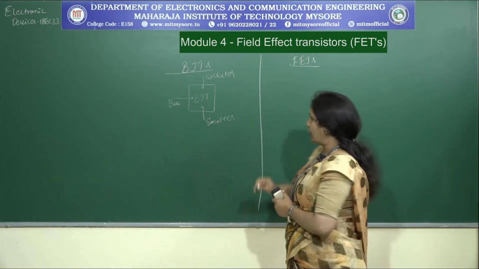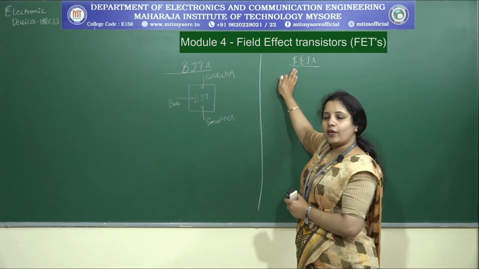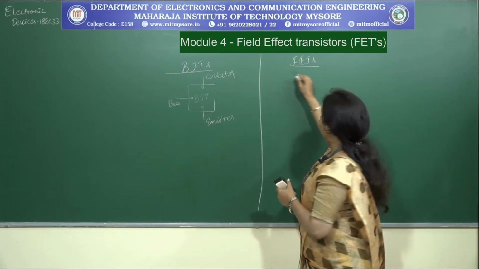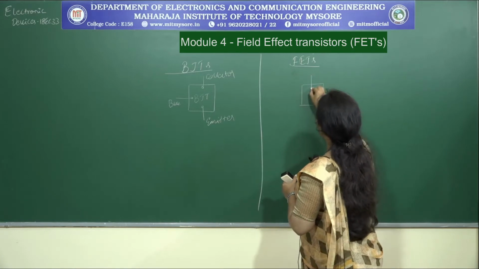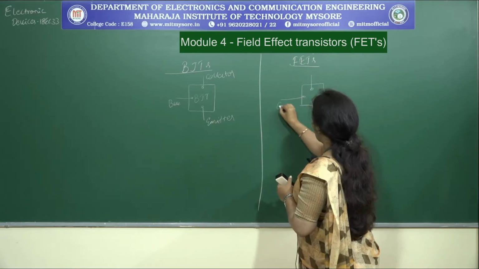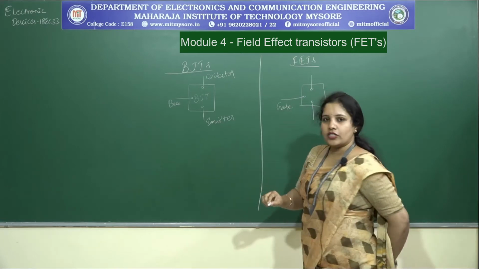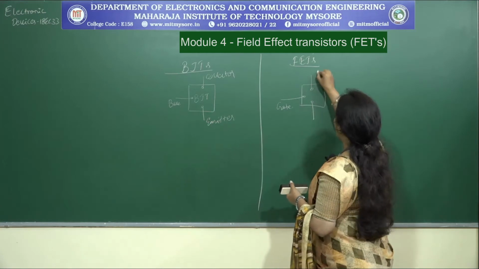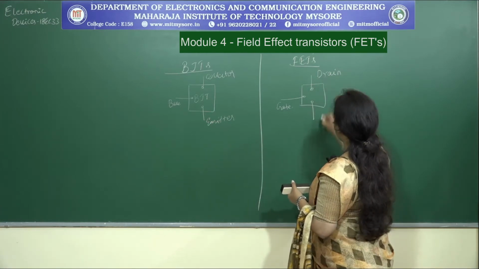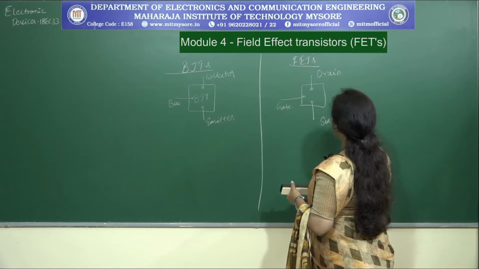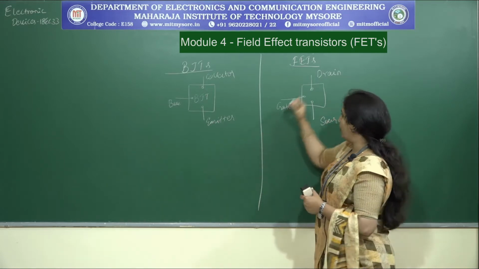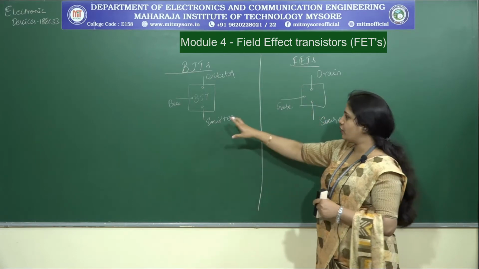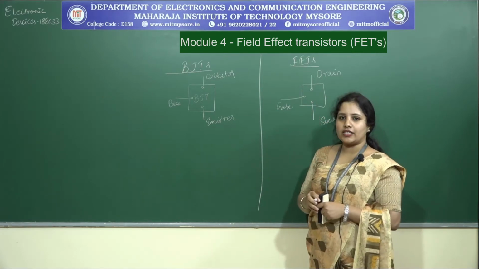Right? Similarly, when I consider FETs, even FETs are referred to as a 3-terminal device. Now, what are the 3 different terminals? One is the gate, which is similar to the base that we have in the case of BJTs. Then we have what is called the drain, and the other is referred to as the source. So these are the 3 terminals in the case of FETs. That is the first basic difference between the BJTs and FETs.